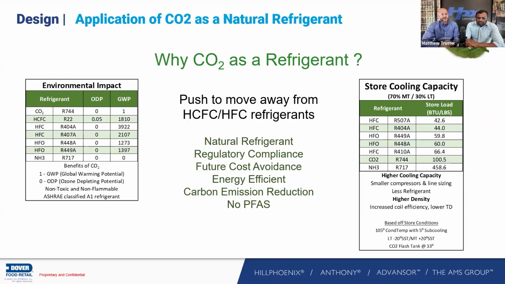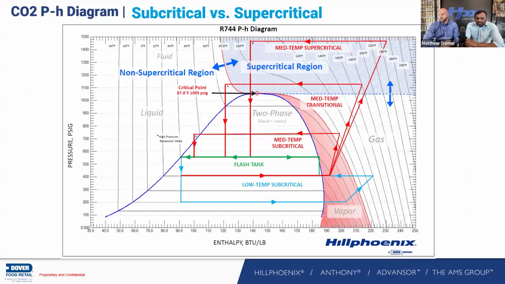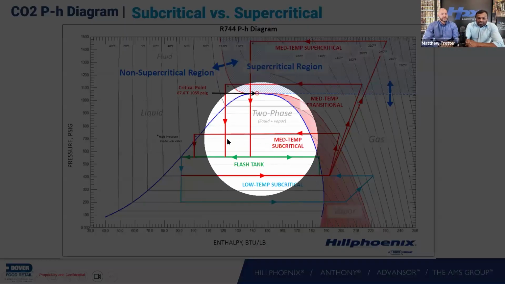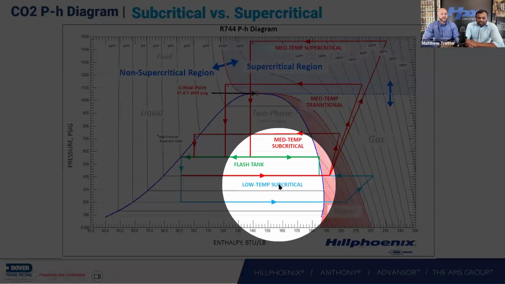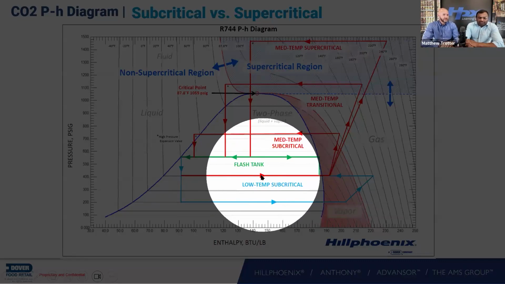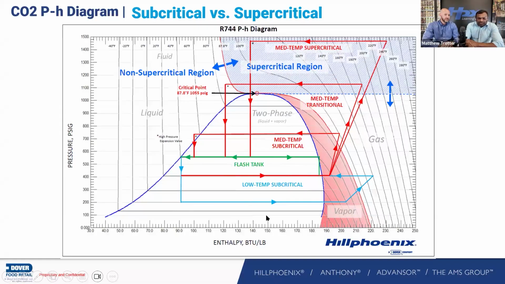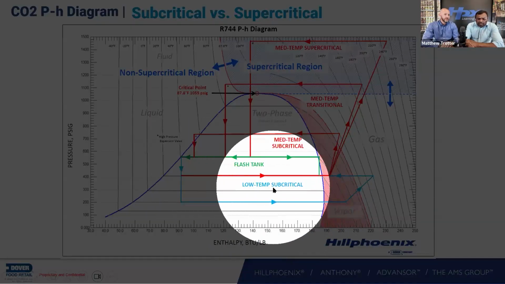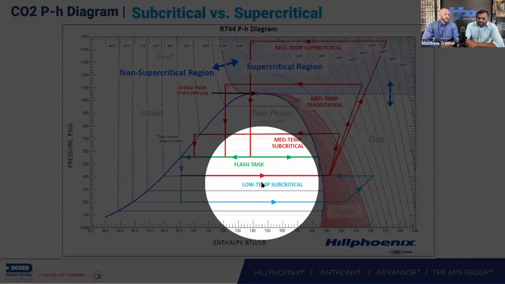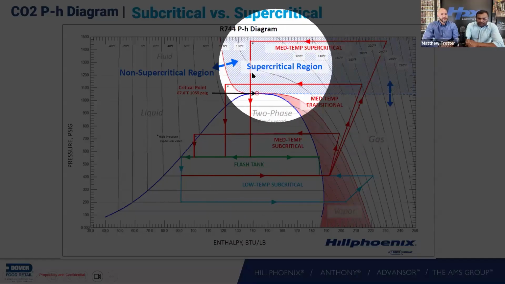So next we will go over a little bit on the pressures, right? This is a pressure enthalpy diagram. I do have the next slide coming up showing the schematics on the pressures, but there are 4 different pressures in the system, which are low temperature suction, subcritical, and then you have intermediate pressure, flash tank pressure, and then you have medium temp suction pressures. So 3 different pressures as shown in the pressure enthalpy diagram, and you have the medium temp discharge